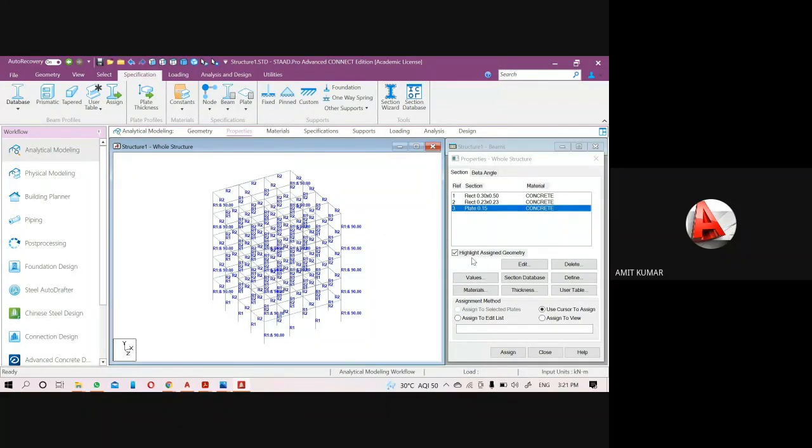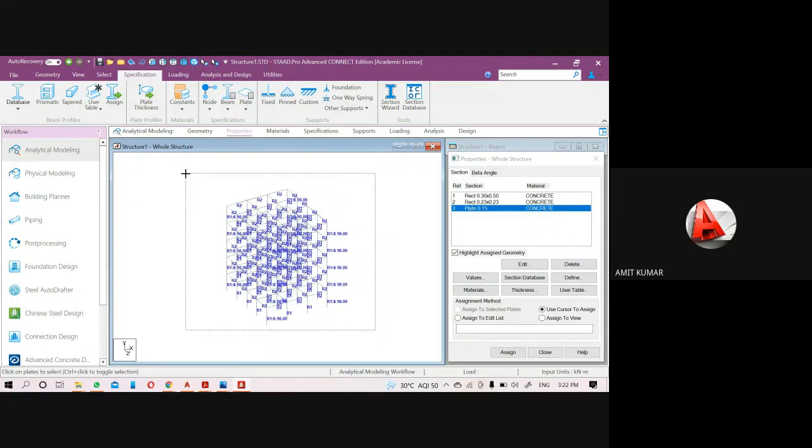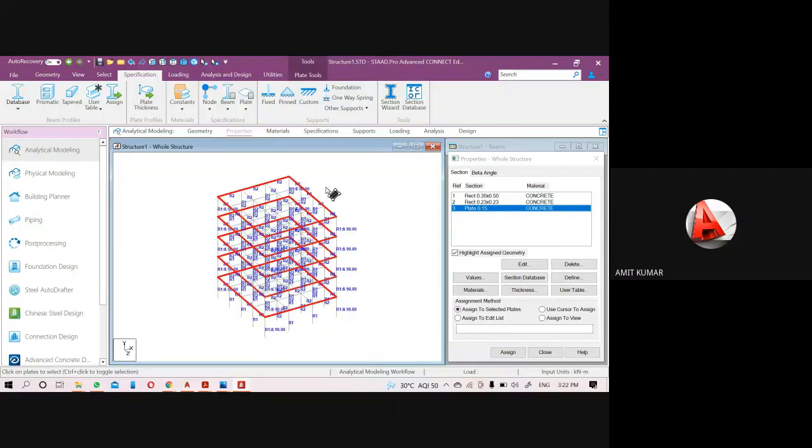So let me delete. So first thing I will delete the plate here. Come to the plate cursor and select drag and drop. So all the plates have been selected now.